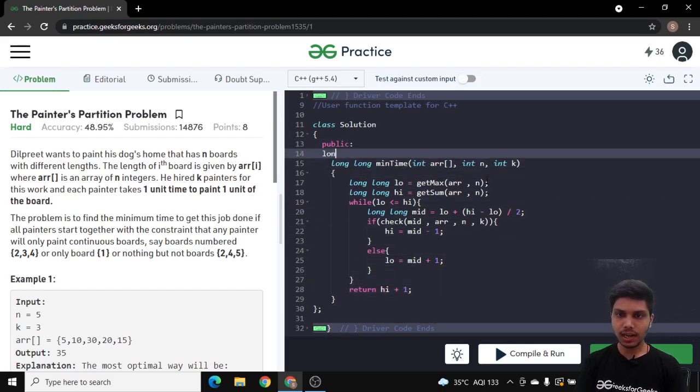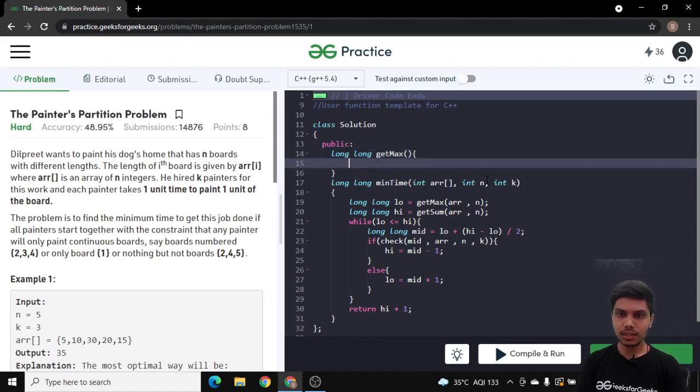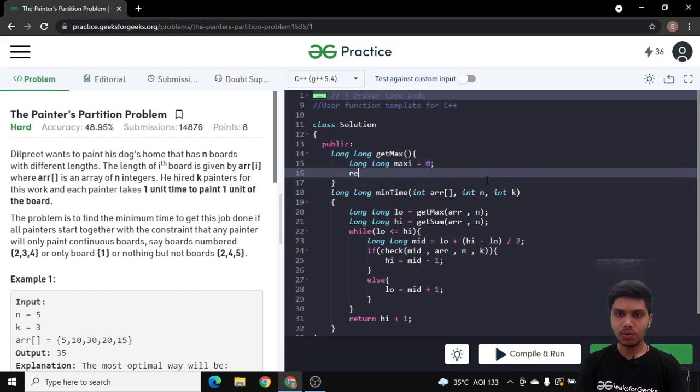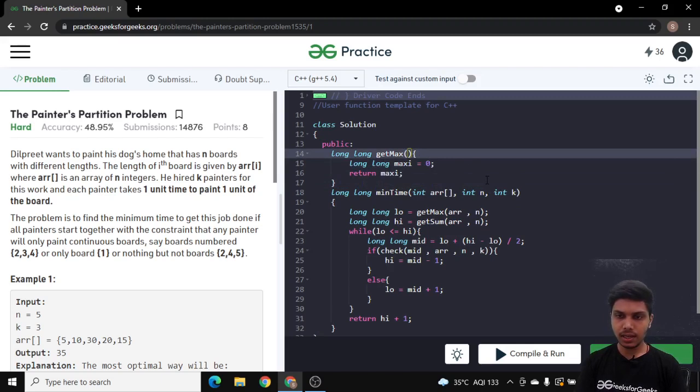Now we will write our utility function, get max, first. Get max will return the maximum value. Initially we will suppose that our maximum value is 0, and we will traverse the array to get the maximum value. Get max takes 2 arguments: the first is the array and the second is the size of the array.